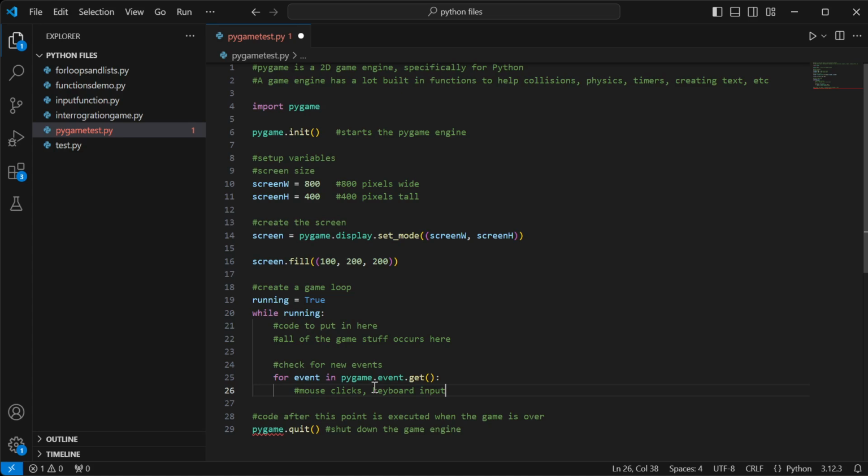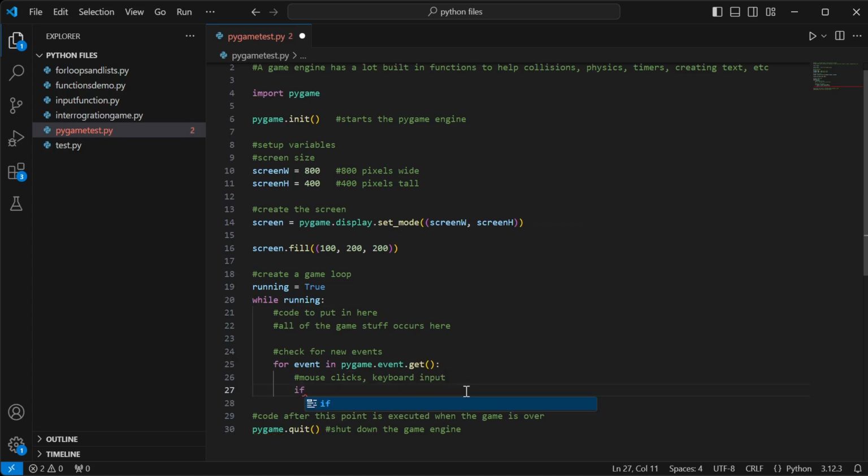But just to get this working, we need a way to quit it, okay? Because right now, running is true, and this while loop is going to run as long as running is true. We need to have a way to quit this program, and that is important. So that's the first thing we're going to do, and that's where we're going to stop in this section here. So we're going to say